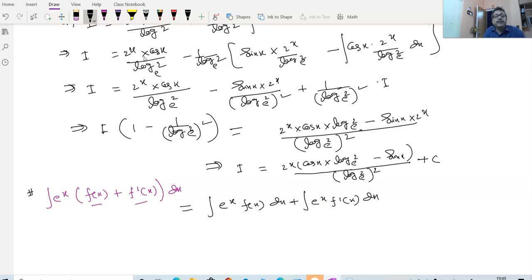So if I am using this as the integrand which I will integrate, then take f(x) as the first function, e to the power x as second. This into derivative of f(x), f dash x e to the power x dx, plus